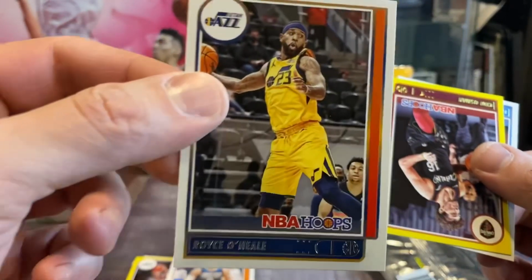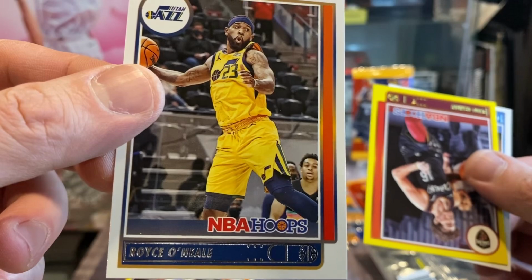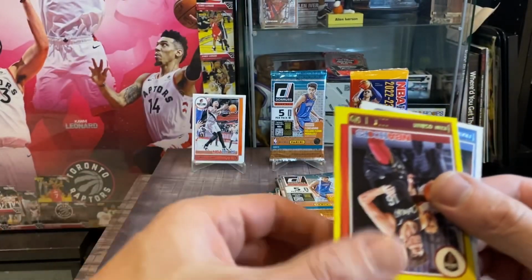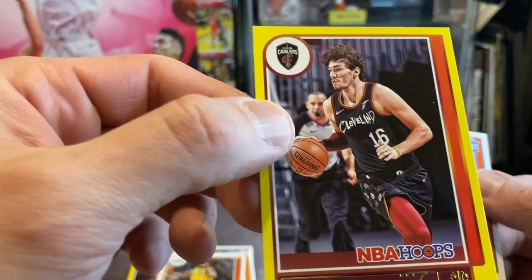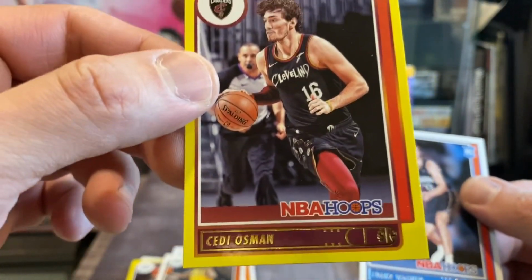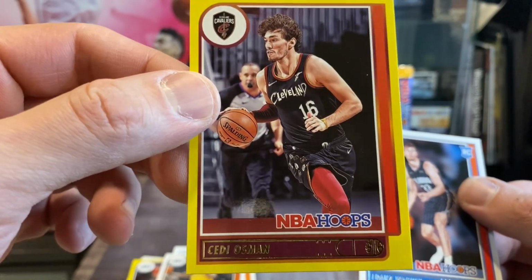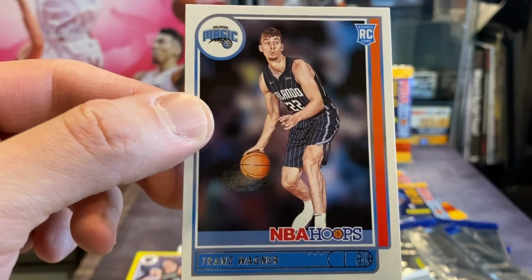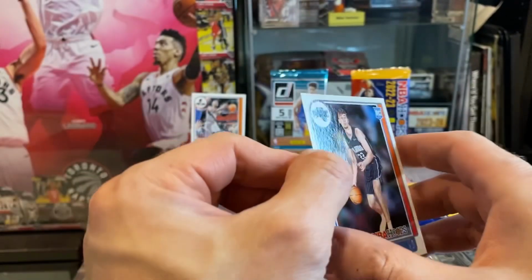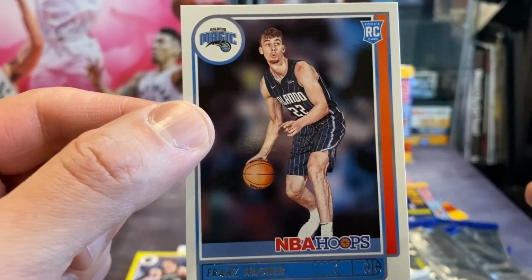We've got Royce O'Neale, just an NBA journeyman, just doing his thing. We've got Chetty Osman, or Osman. No, it's Osman. Chetty Osman. Just one of those guys in Cleveland. Then we got Franz Wagner. Very promising player. What are his stats exactly? Oh, it says this is a rookie card, apparently. I don't know if these are their official rookie cards, but